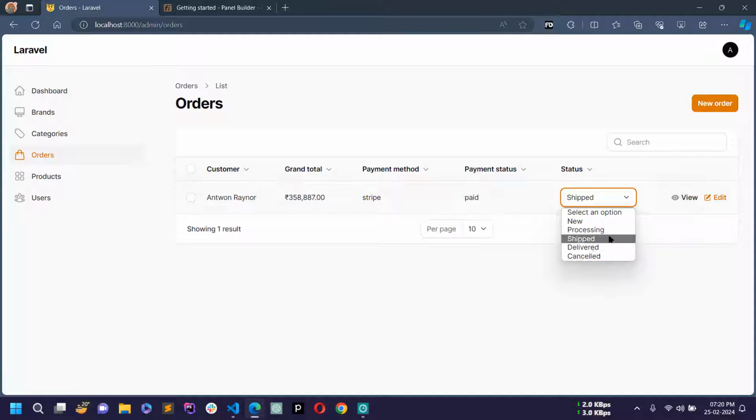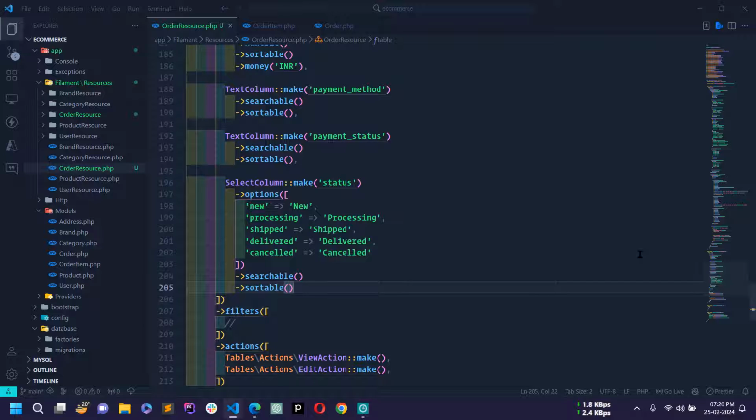So from here we can change the order status directly. We don't have to click on edit, change the order status, and then save. We can directly change the order status from here. Okay, now next let me